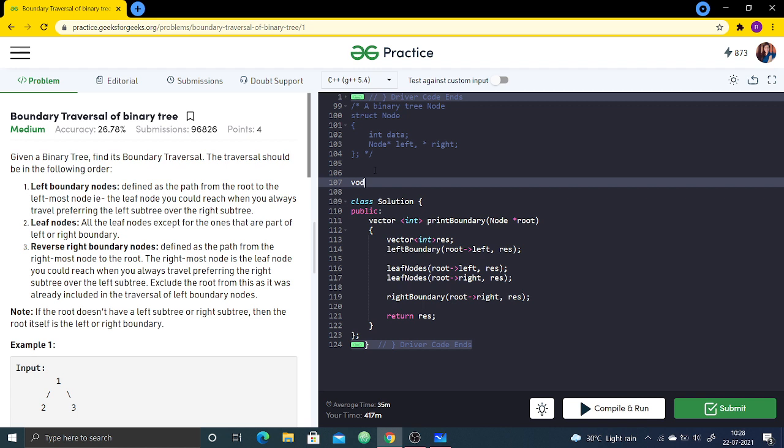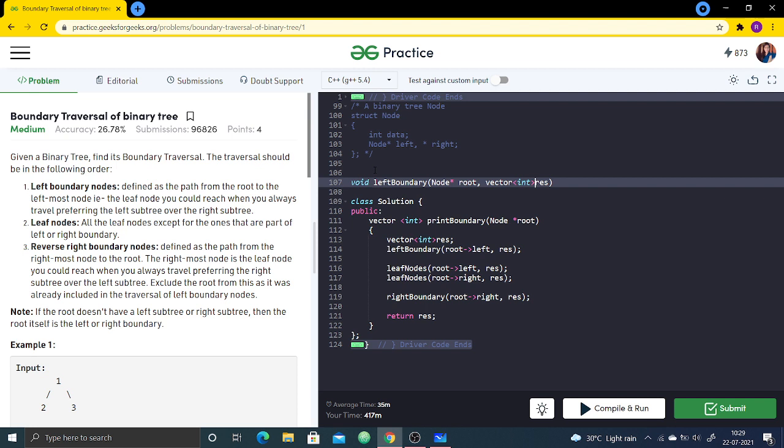So see, for the left boundary function, we are not returning anything, we will just modify the resultant vector. The first parameter is a root node, and the other parameter is the resultant vector, and I want to save the changes to the same vector.